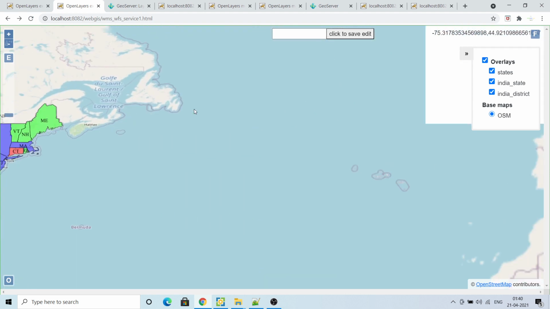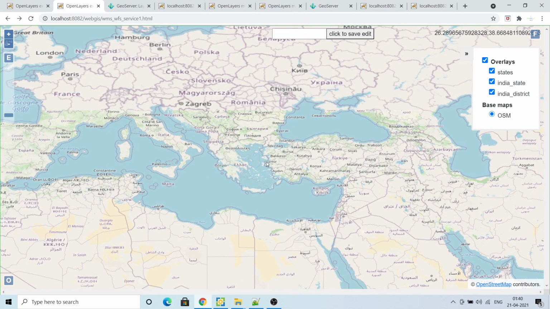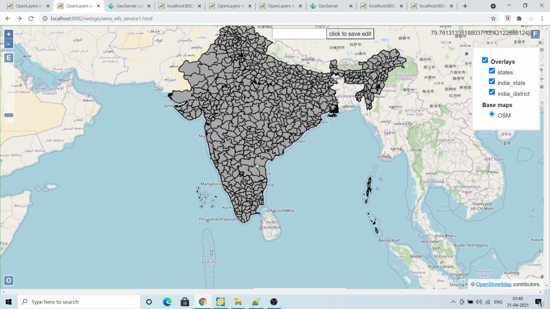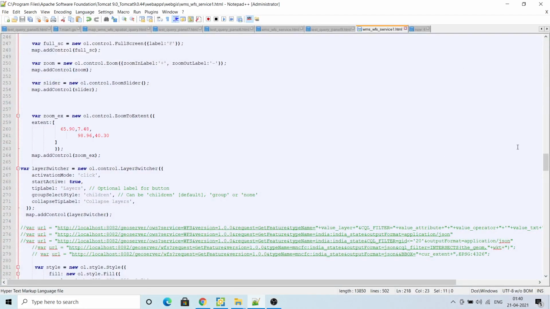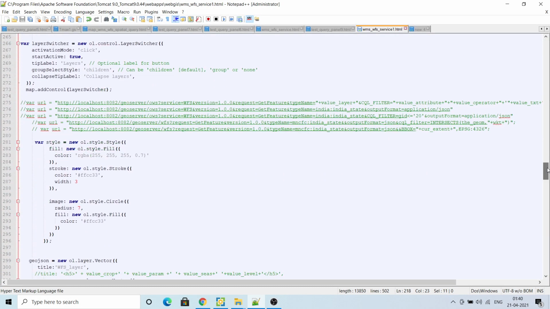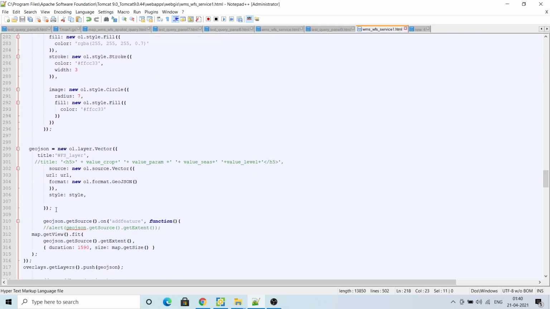Now I'm going to show you how to use WFS. In this, only tiles are coming, these are not actual features. Basically these are images, JPEGs. Now I'll show you how to fetch an actual feature using the WFS service. It's very simple. Just create any new layer, as I have created GeoJSON. You can give this name anything.